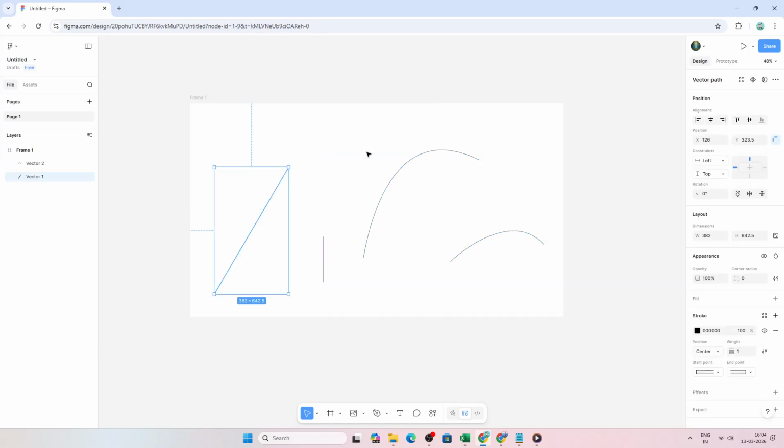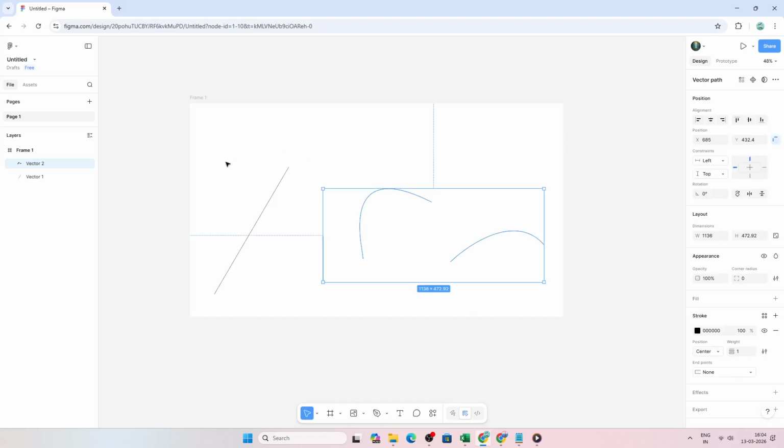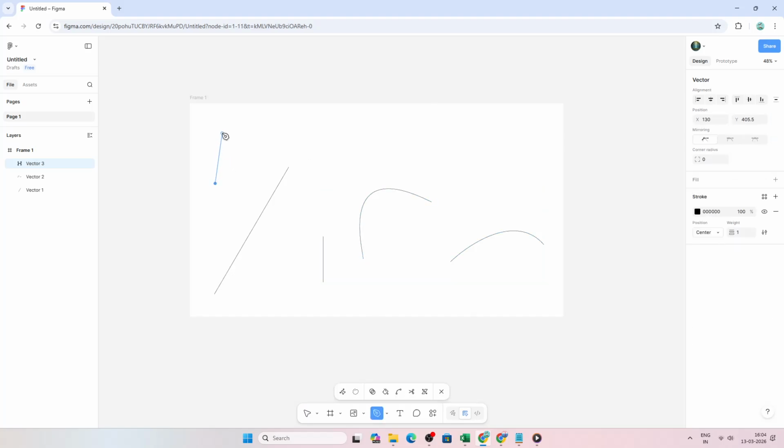When you are ready to turn a path into a closed shape, hover over your very first anchor point. You'll see a small circle appear next to the cursor. Click that starting point, and Figma closes the path to form a shape. Closing a shape lets you style it as a single object with fills and strokes, which is useful for icons,